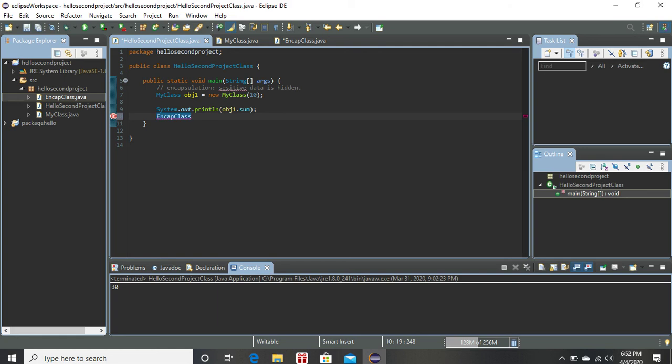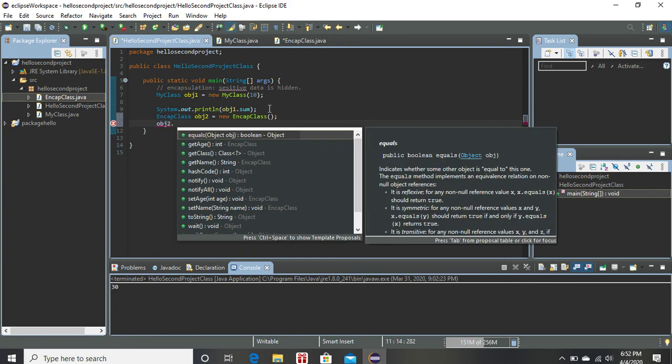So the encap class object. So we create an object of this class. Now when we use this object to see what is available to us, we can see,